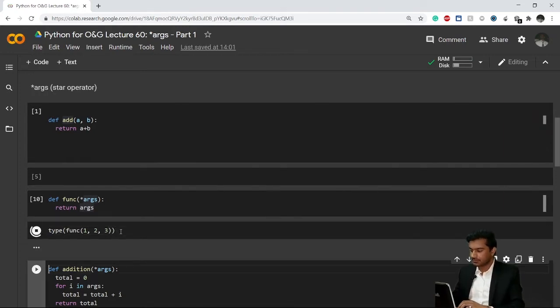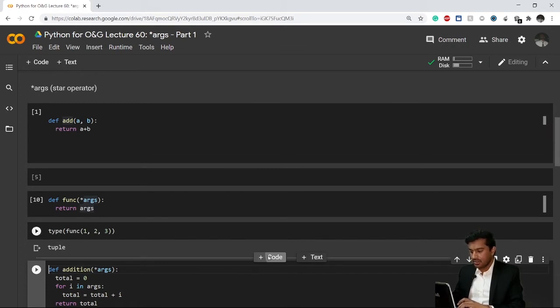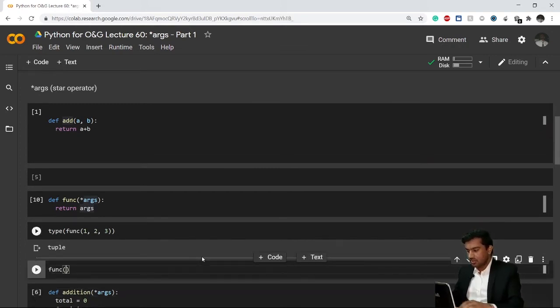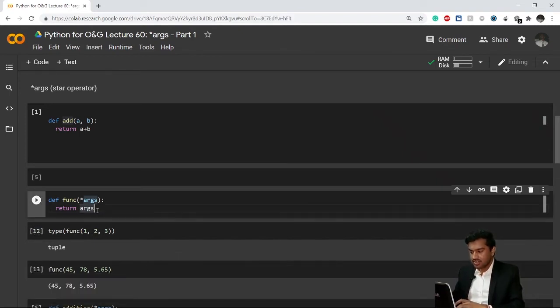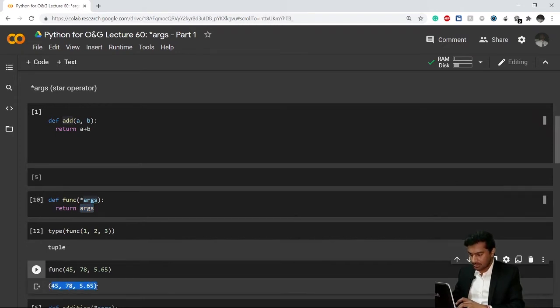You see it is showing me a tuple, right? Now if I again call my function, this time I input my values 45, 78 and 5.65, anything. It will return me all the values because I have created a function which is returning args itself. That is why it is returning all of them, but in the form of a